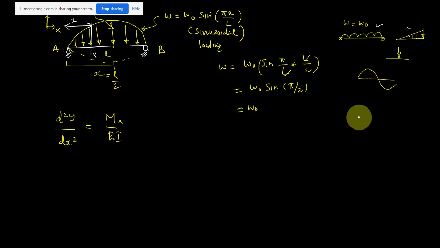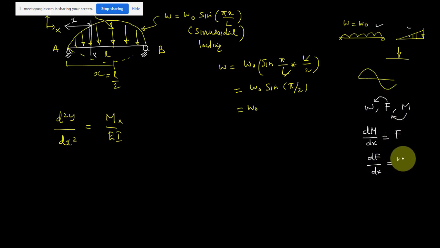For that, again, we have to use the shear force and bending moment diagram chapter, where we studied the basic relation between load intensity, shear force and moment. Yesterday also we discussed this: dM by dx, if you take the derivative of moment, you get the shear force. And dF by dx, the first derivative of shear force, gives the load intensity. So your load intensity w is equal to dF by dx, and F is equal to dM by dx, so it will be equal to d square M by dx square.